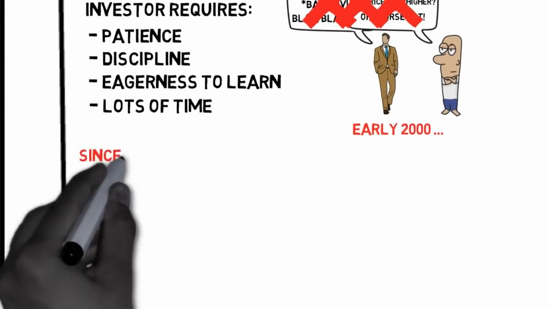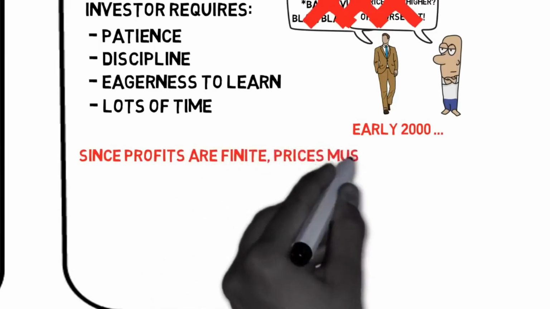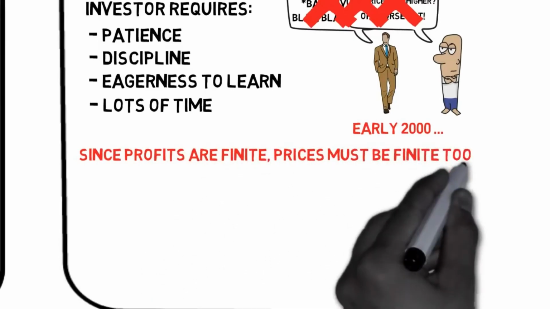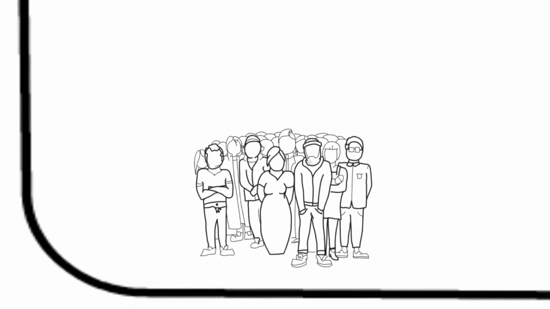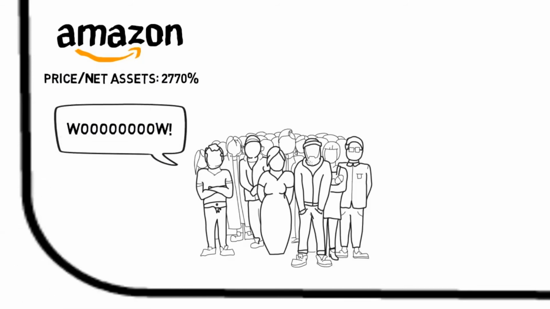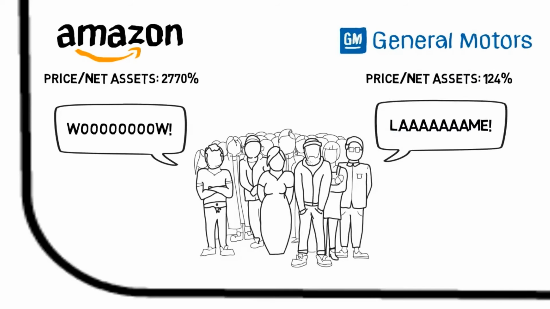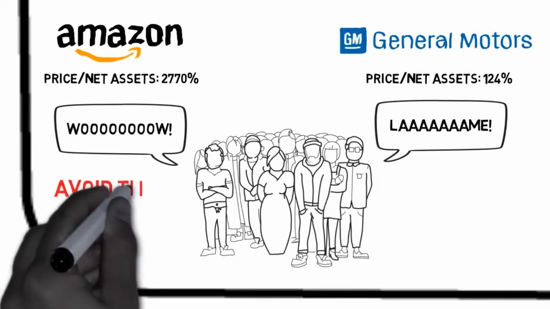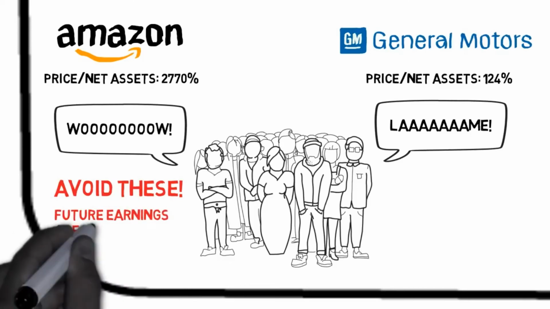Since the profits that companies can earn are finite, the price the intelligent investor should be willing to pay for these companies must also be finite. Price is truly an important factor for the enterprising investor. Just like the market tends to overvalue companies when they have been growing fast or is glamorous for some other reason, it tends to undervalue the ones with unsatisfactory development. The intelligent investor should therefore try to avoid so-called growth stocks as much as possible. Why? Simply because the investment decision is based relatively more on future earnings, and future earnings are less reliable than